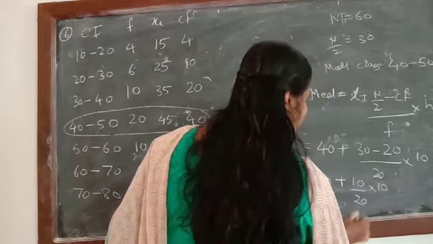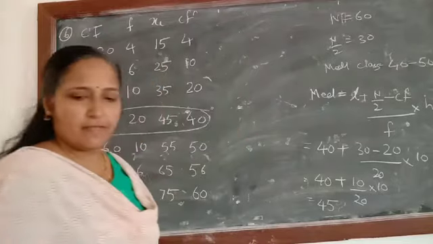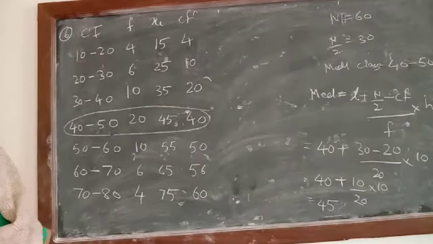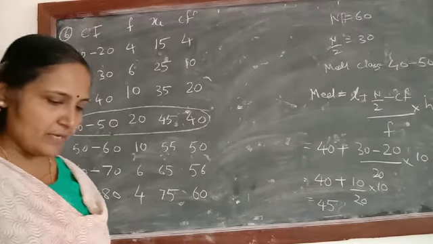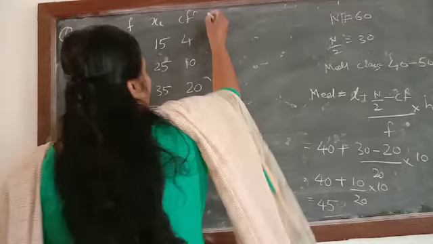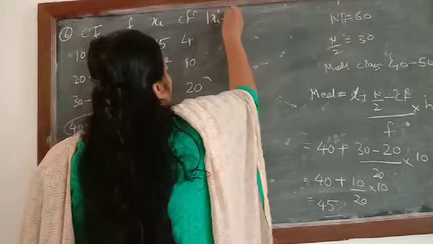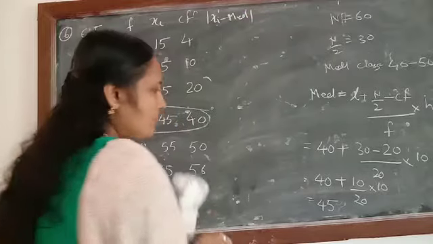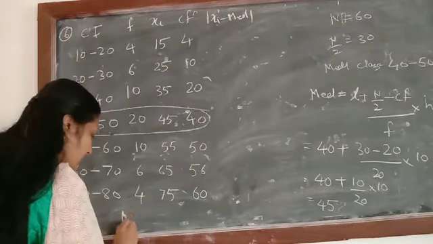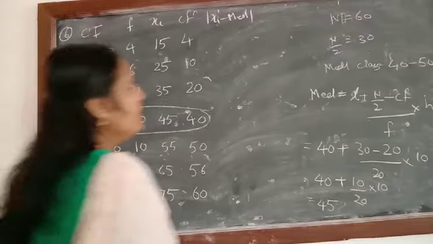So what will come here? Yes, it will be equal to 45. Clear? So we got here median is equal to 45. Now what do we need? Yes, again we have to do the subtraction there. So write down the next column, that is modulus of xi minus median. Median is equal to 45. So I am just writing here, we got median is equal to 45.